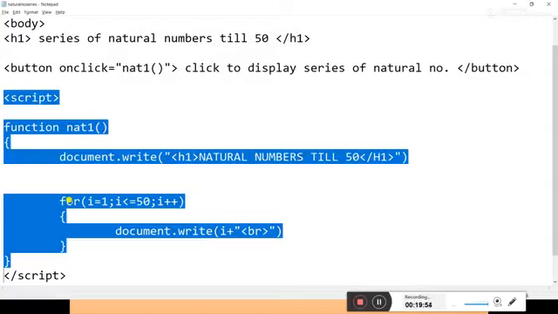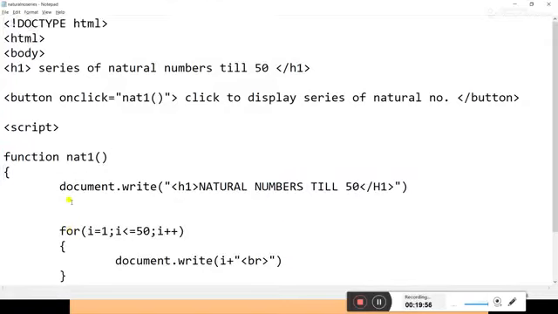See this program, doctype HTML. It is a compulsory tag which you need to specify every time you write a program in HTML5. Then the HTML tag and body tag are also compulsory tags.